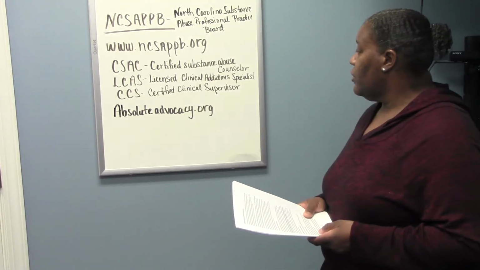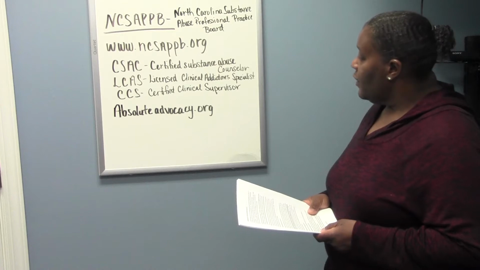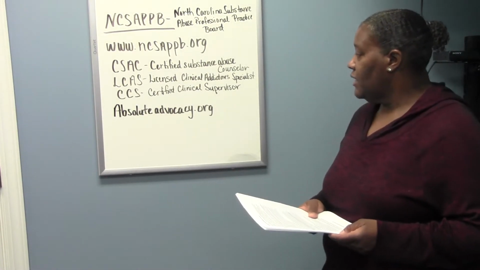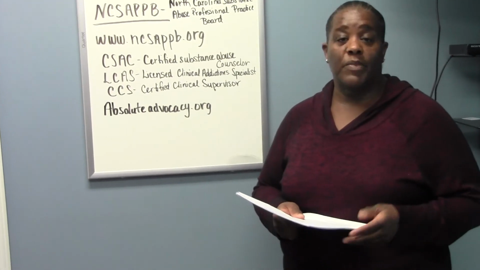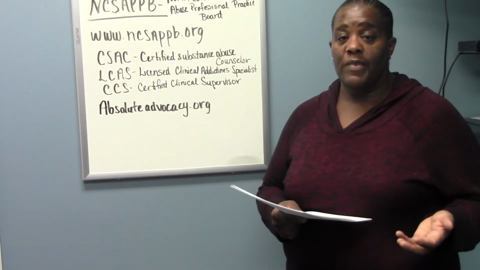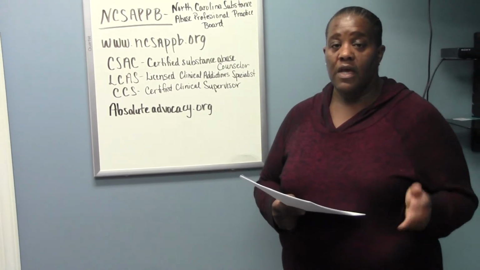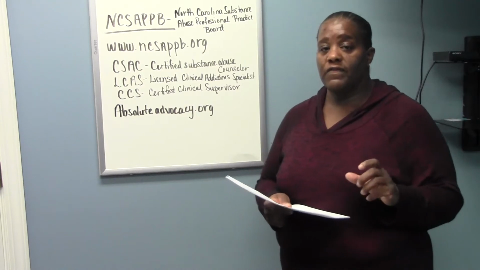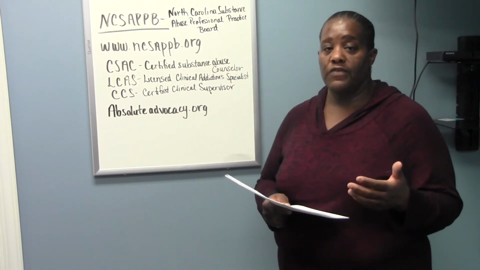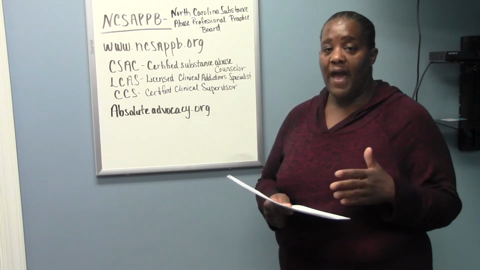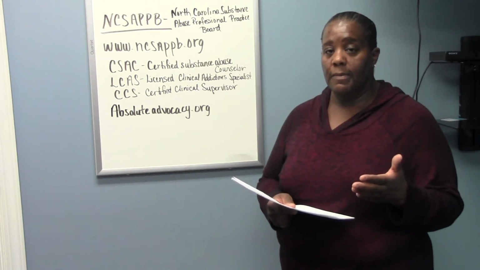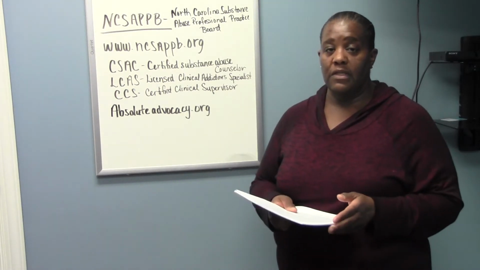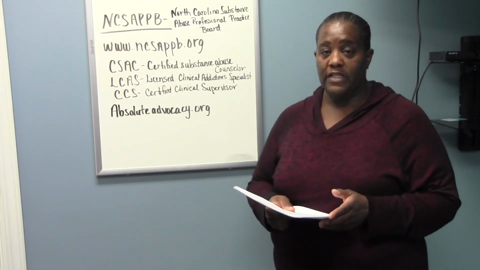So once you set up your learner profile on their website, then you can choose which certification best meets your needs, and they will ask you for some basic demographic information as it relates to your education, and you'll create that profile. And then once you've created your profile, it will give you an option to submit all of your information and make a payment, and then that way you'll actually be in their system. Once you've registered with the board, they will give you 5 years to complete the entire licensure or certification process,